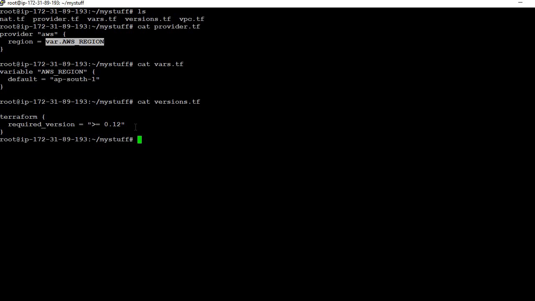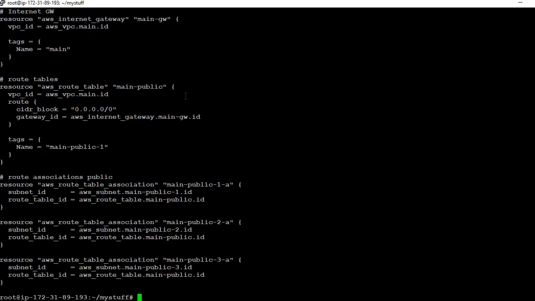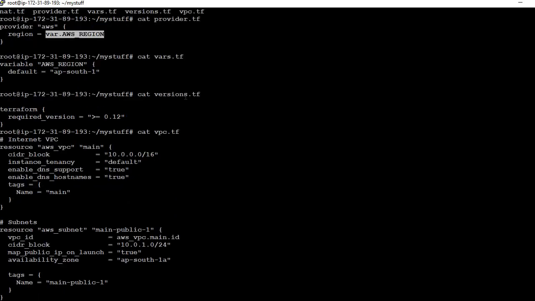Now we have a look at the vpc.tf. So for creating a VPC we need a resource aws_vpc and give the name of main. You can give your own name, and we will define the CIDR block. It depends on how big your infrastructure is going to be, so you can define /16 or /24 as per your requirement.